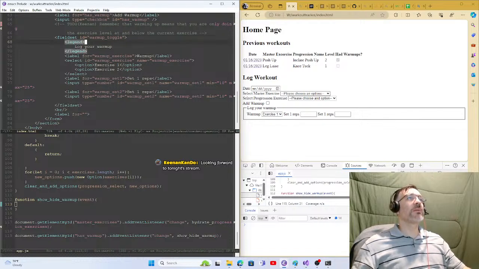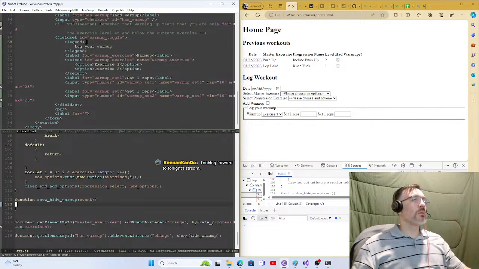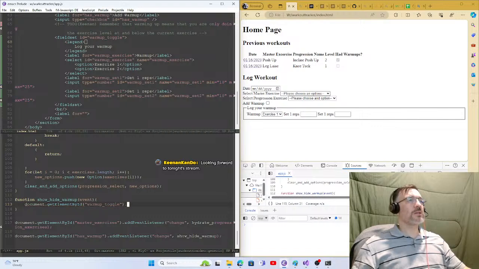Okay. We'll name it warm up toggle. Then we'll go back here. We could say document dot get element by ID warm up toggle dot